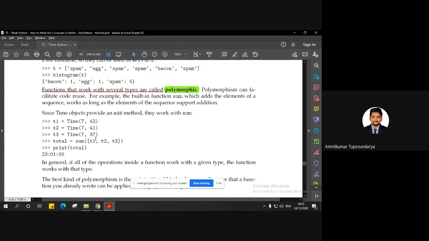So in general, if all of the operations that we are trying to do inside the function work with one given particular type, then the function works with that type itself, right?